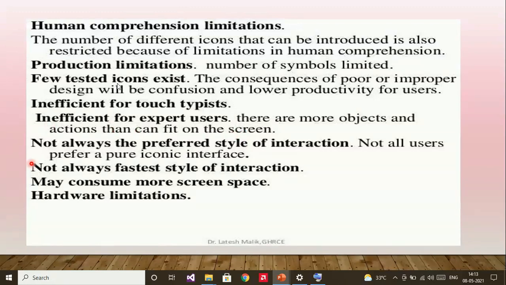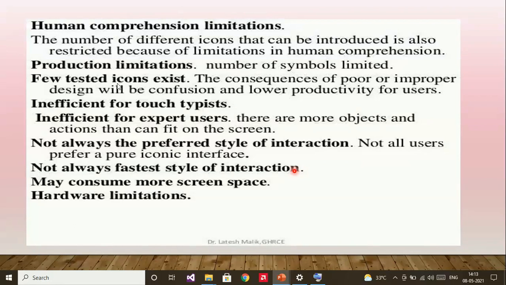And the next point you have is not always the preferred style of interaction. Not all users prefer a pure iconic interface. There are a lot of users who like to have textual captions on the screen. And the next point is not always the fastest style of interaction.